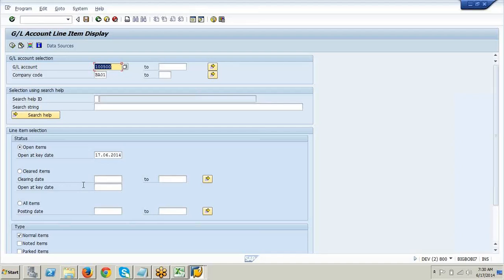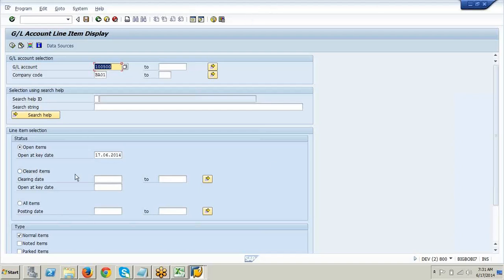Open is 5,000. Cleared is 20,000. Jacob, you are saying open is 5,000 and cleared should be 20,000. Everyone goes with Jacob? Nobody wants to go with Jacob.